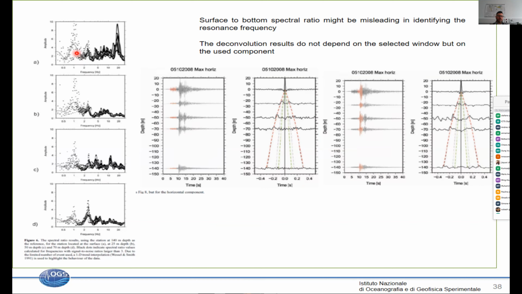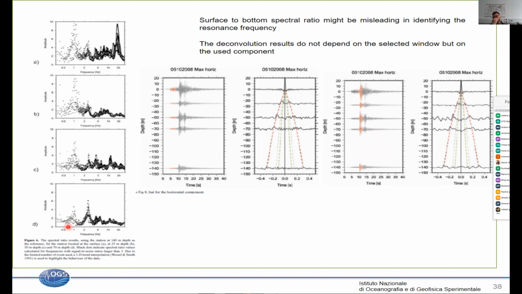So these are the spectral ratios of a station at the surface, at 25 meters, at 50 meters, at 75 meters, with respect to the sensor in the borehole at 140, 145 meters. What you observe is that independent of the position of a station, the first peak is always at the same